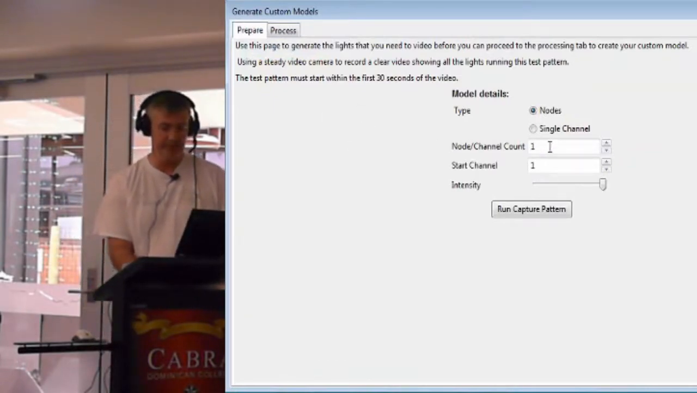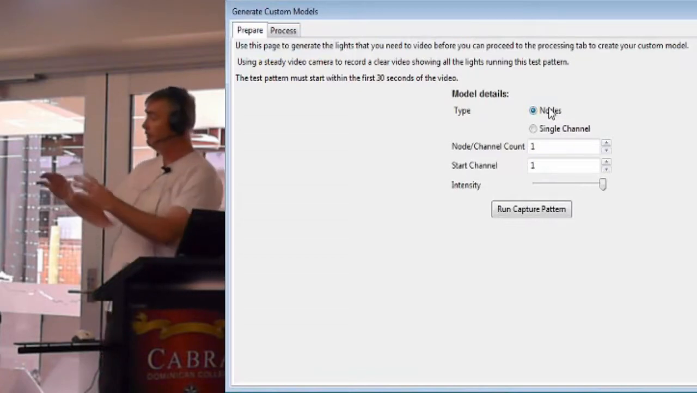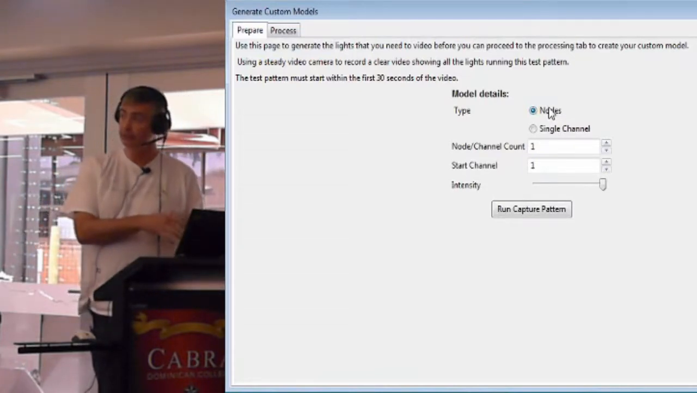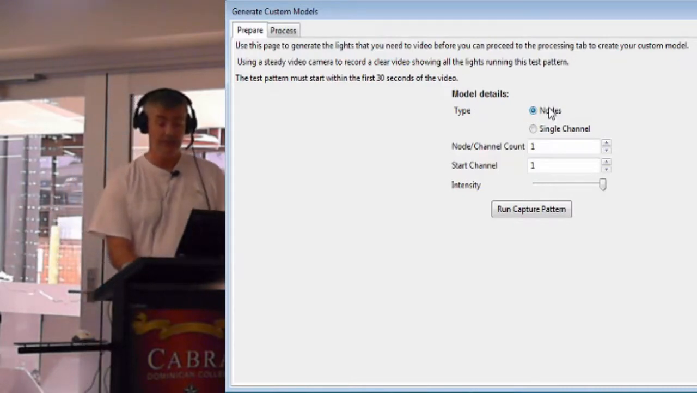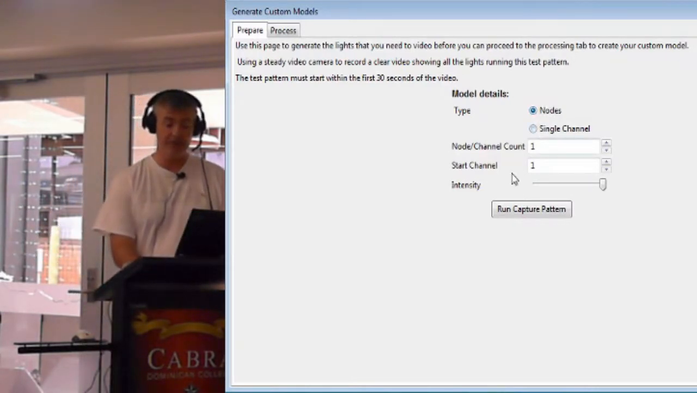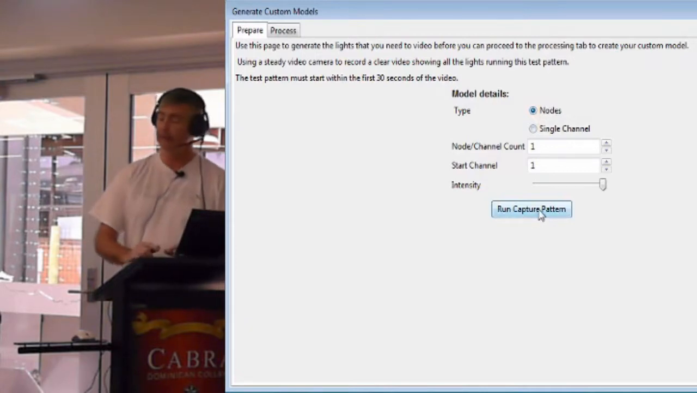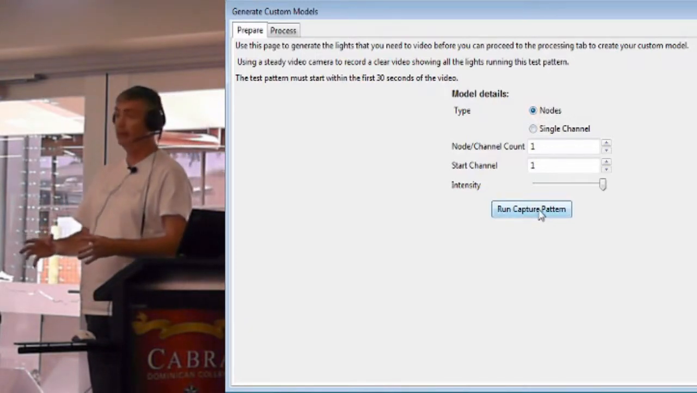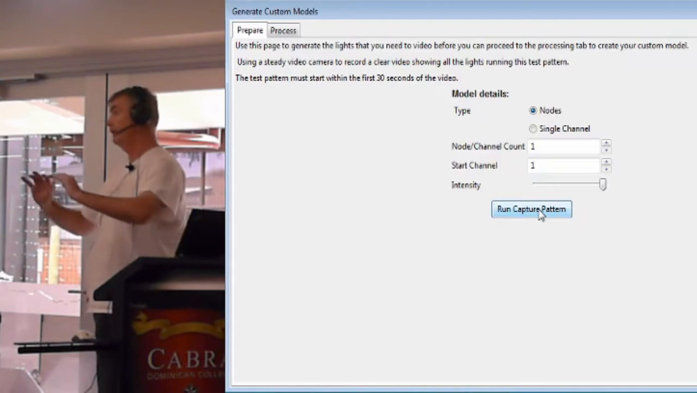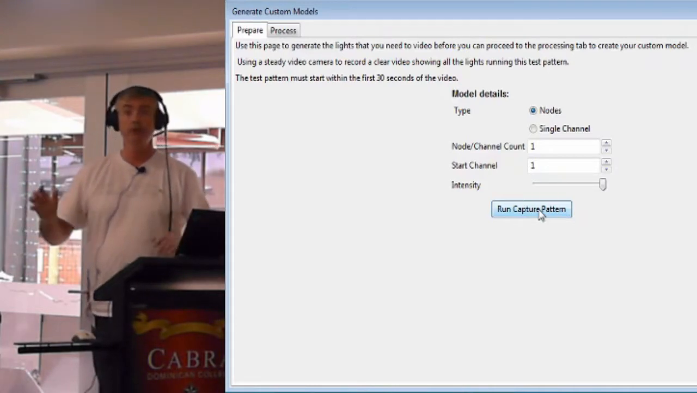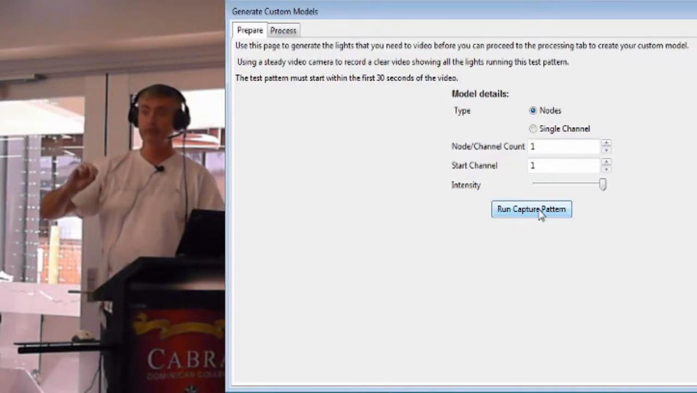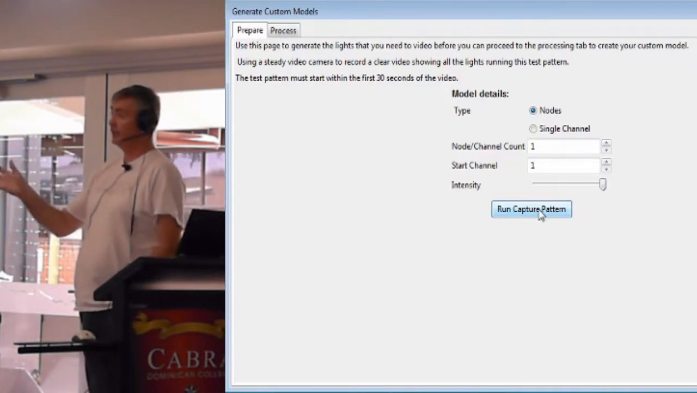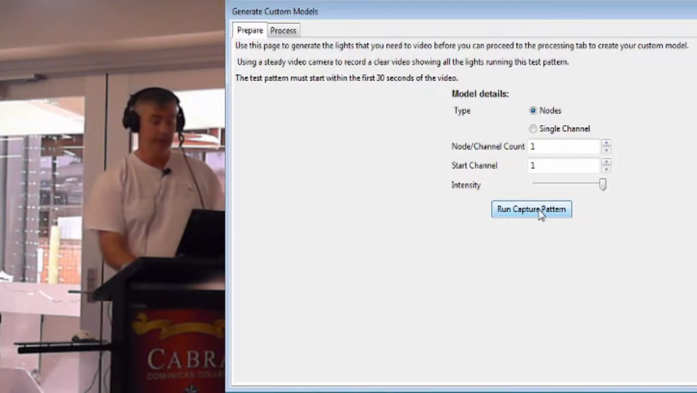On the prepare step, you would have the element plugged in, and you'd have all of your controller configuration because we're actually going to need to control the element. You'd say the number of nodes and what start channel it's on, then click on run capture pattern and set a video camera up. So in Vegas I set up my iPhone and took a video of the model, and the pattern will go through and light up each pixel. At the end you stop your video camera, take the video, load it onto your computer,